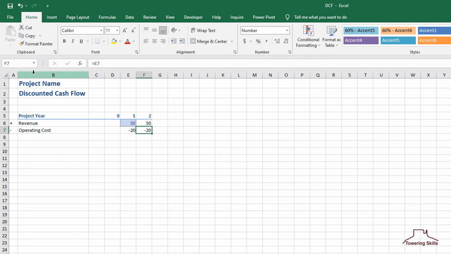And also like the prior line for revenue, the workbook assumes the time zero operating cost is 0. If you have different operating cost values, enter them. We'll format cell E7 as an input value.